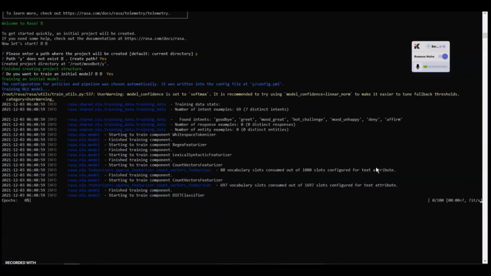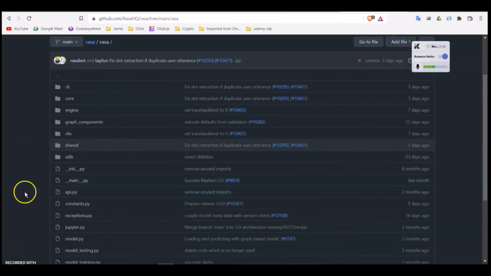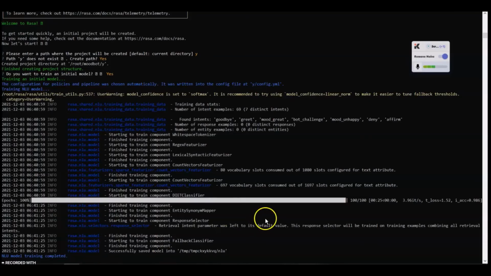So now why did we do this? Suppose we change something as it is running. Let's come back here to Rasa, and suppose we change anything in the code of Rasa, then that can be reflected for us. So we can think of doing some customizing regarding Hugging Face models or anything else, and that's what we can do here by using the source version of it and installing it from scratch. You can also build a Docker version of it.